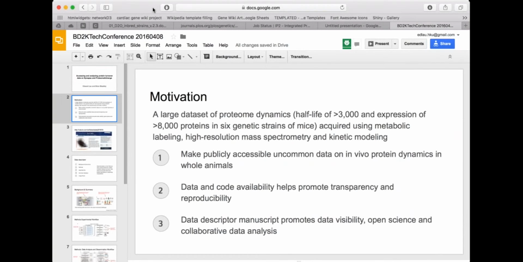So starting with a bit of background and motivation on the data set. We have acquired a large data set of proteome dynamics, which contains the turnover half-life of about 3,000 proteins and the abundance of about 8,000 proteins in 6 genetic strains of mice, using a metabolic labeling, high-resolution mass spectrometry, and kinetic modeling method. And we are trying to make this data as widely available and accessible as possible before we try to interpret the biological